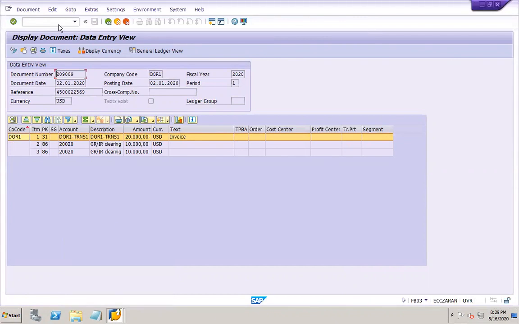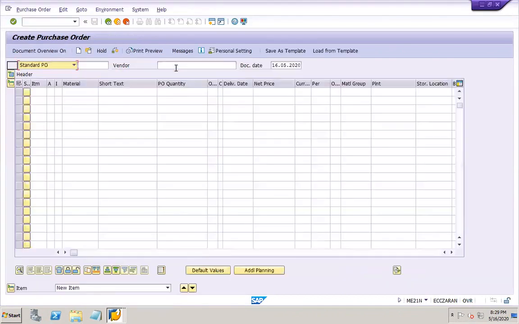Trans shouldn't be coming. That means the transporter shouldn't be coming. Just give me a moment. If we are clubbing all this, so what I'll do is,